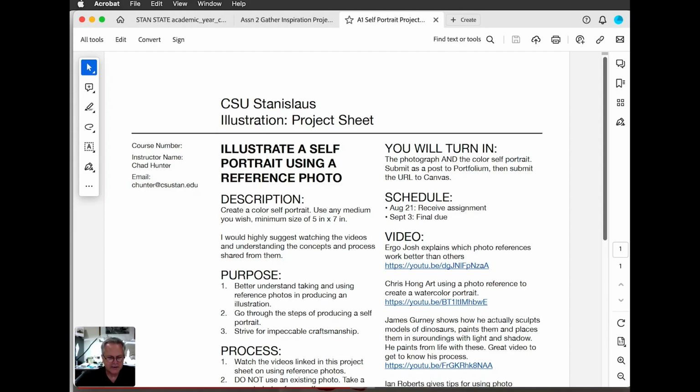Hi, this is Chad. I wanted to go over this assignment called Self-Portrait, and it really is illustrating a self-portrait